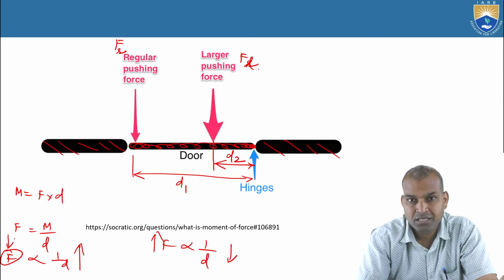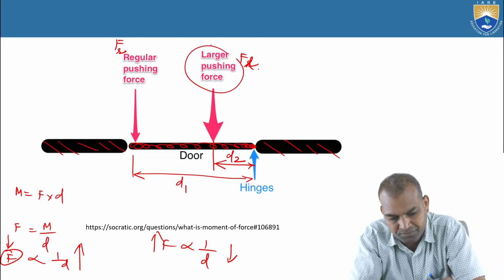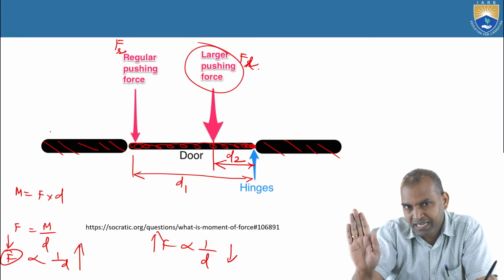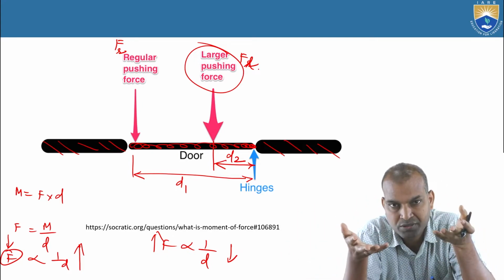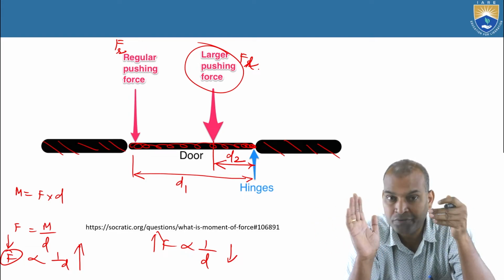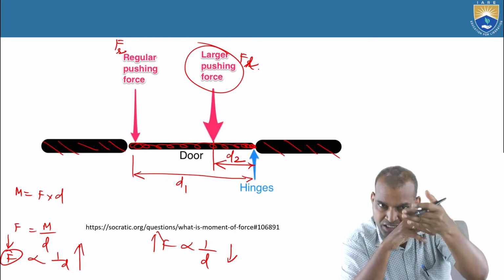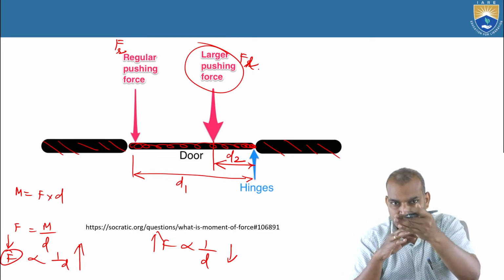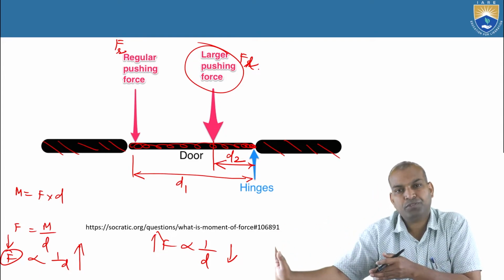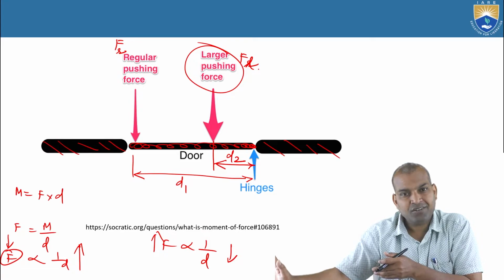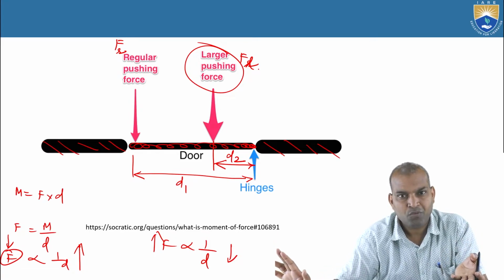That's why, when you apply the force near the pivot end to open the door, we need more force, a larger force, to give rotary motion to the door. If you maintain more distance, that is, you push at the end of the door, you need less force. I understand why. What is the reason, the physics behind the moment of a force? What is the logic here?